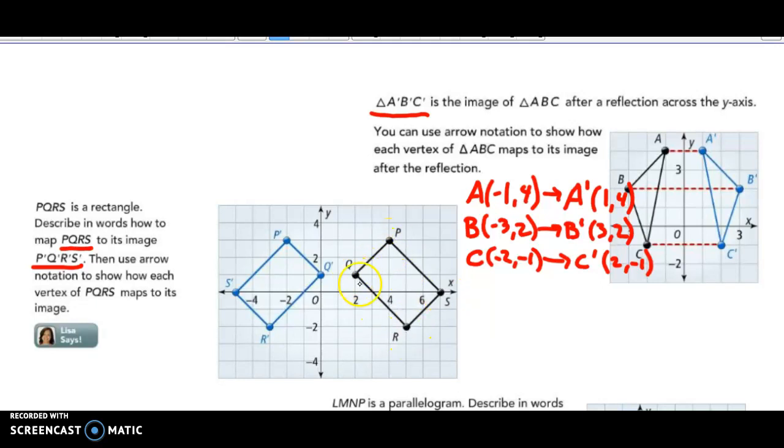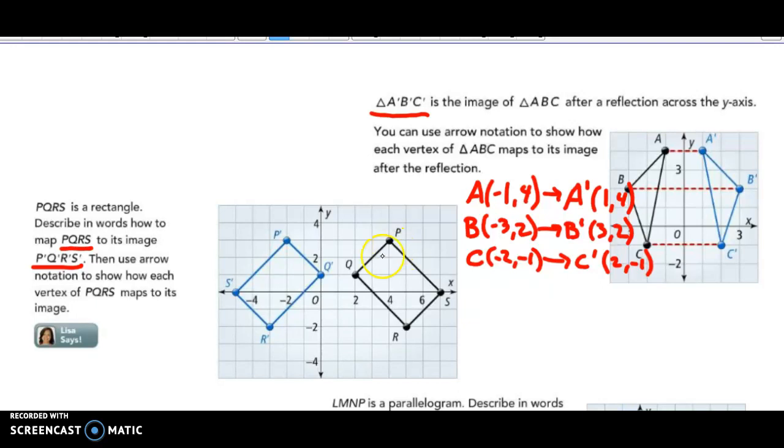in PQRS, we were moving counterclockwise around this rectangle. But in P prime, Q prime, R prime, S prime, we're moving in a clockwise fashion, which tells us that this is definitely not a translation, that we must have flipped this somehow. So if I'm going to describe in words how to map this image, then I need to describe what kind of transformation happens. So I could say